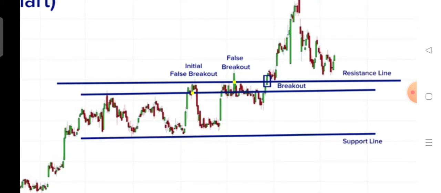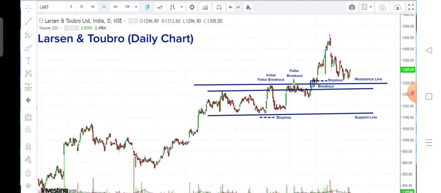One way to trade is the breakouts, and another way, when a rectangle is going on for a long period of time, someone can take reversal trades aiming at the other end of the rectangle. Suppose at the top end, someone can take a short with a stop loss just above the resistance line, and at the bottom end, someone can take a long with a target at the other end of the rectangle and a stop loss just below the support line. So, we understand there are two types of trade.